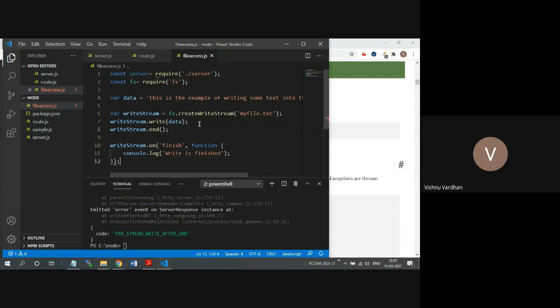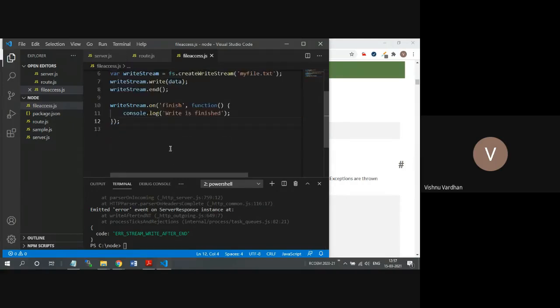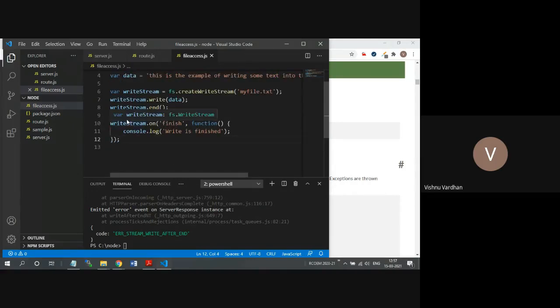Okay, so function is missing with these braces. That means it is actually operated on a callback mechanism. It may take some milliseconds of time to create this file on the disk and to pump that information into this file.